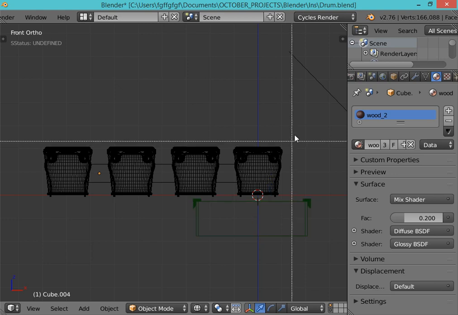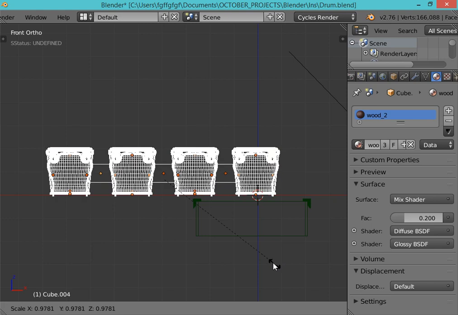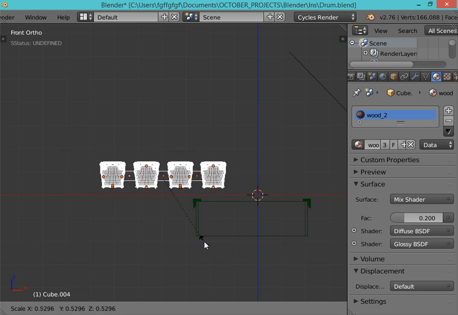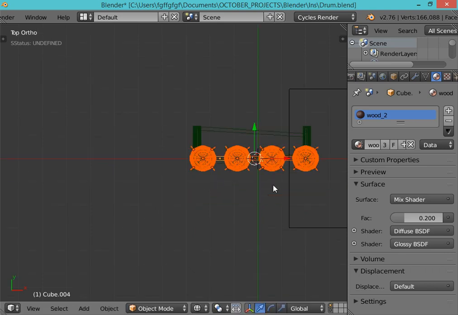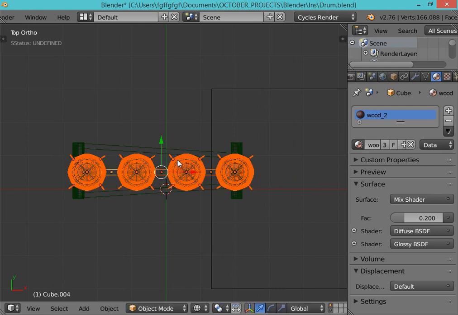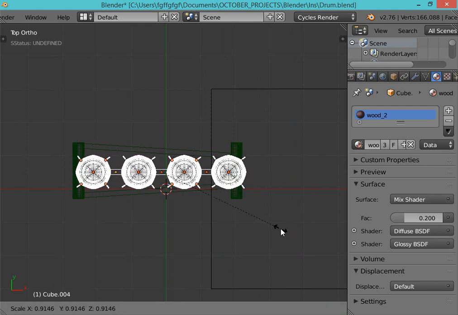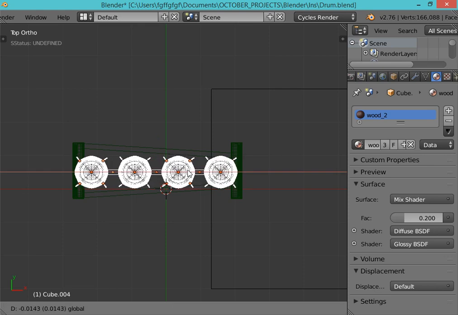So I will select all these ones and scale slightly and move it here, and scale again, move,